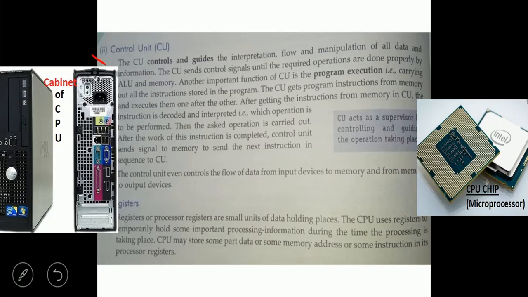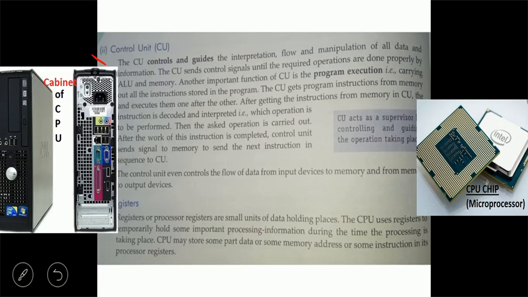Because if you are giving input from the keyboard, like if you have typed A, it is not compulsory that it should be displayed the same on the screen. But it is done, it is displayed. You type A, then A only is displayed on the screen because of the CU, control unit. Because the CU is guiding and coordinating it, and whatever you type, the same thing goes for processing and returns for the output.